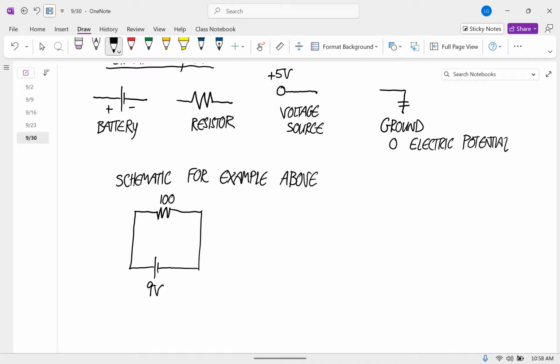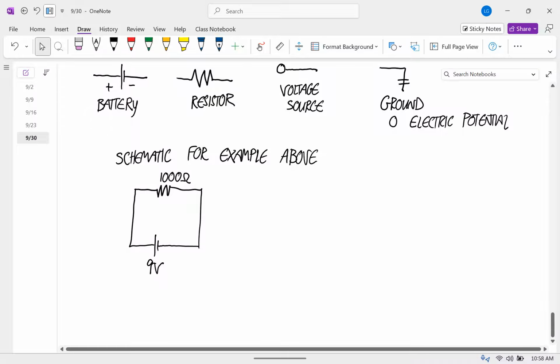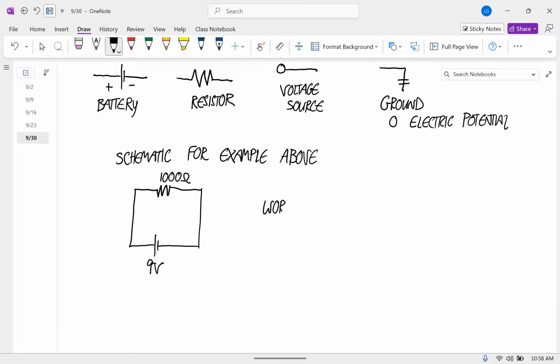This is 1,000 ohms. Okay, so when we're talking about circuits, just mathematically, we're going to draw this instead of trying to draw what the battery looks like and stuff like that. Okay. And this works exactly equivalently, by the way, to this, where